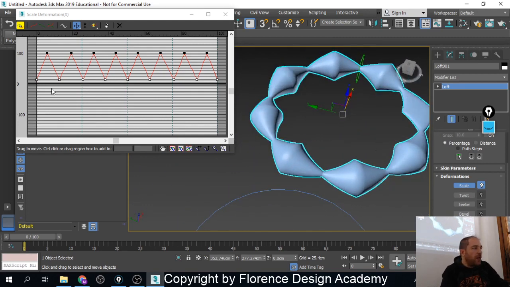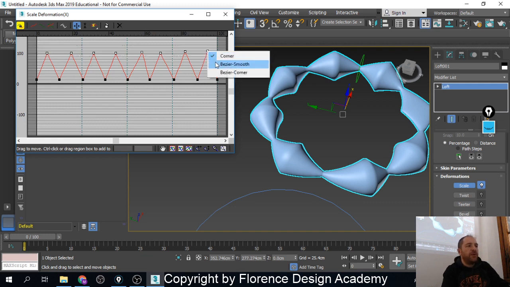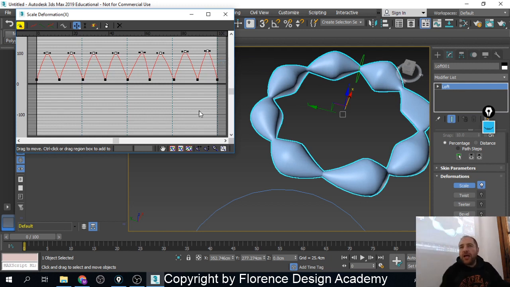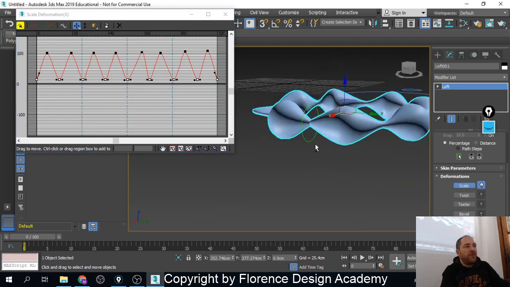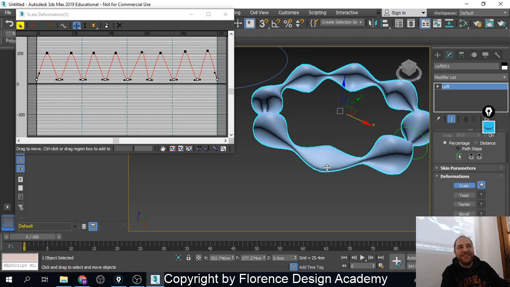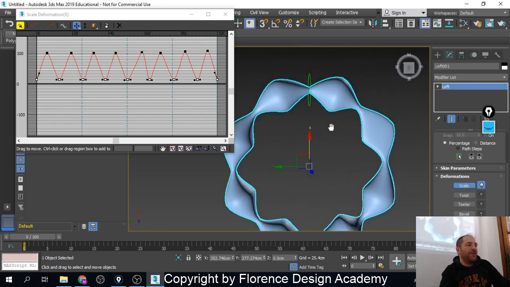Or, and I have made a point by mistake somewhere, but I don't know where. Here, so here there is an unwanted thing. It's okay, but I can also do this now. I can select these, right click, make them smooth, so that they will be rounded. I can select these and make them smooth, so that even these will be round. If you ask me now why this is flat, honestly, I have no idea, because it shouldn't happen. And this should be as round as the other, but I mean, life is full of surprises,